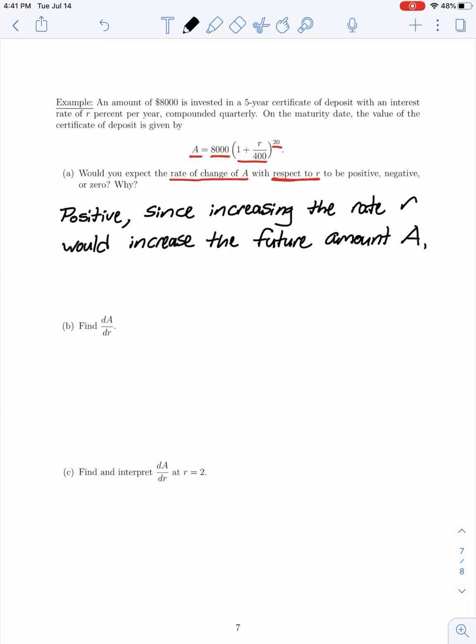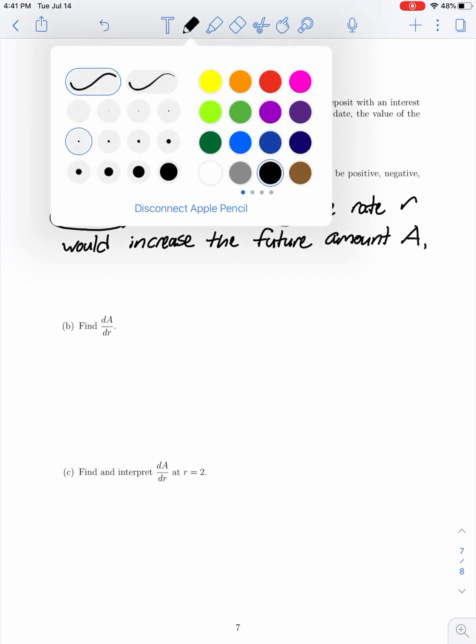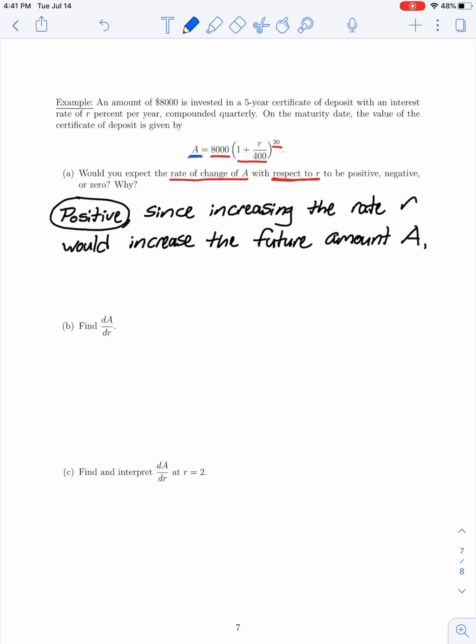So if we have a positive rate of change, that would correspond to an increase in the value of that positive amount. So in part B, let's justify our expectation from part A. We're asked to find the derivative of A with respect to R. So here, our function A is defined in terms of our interest rate R, and we want the rate of